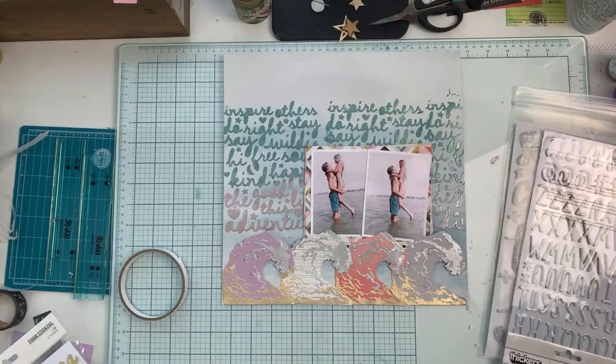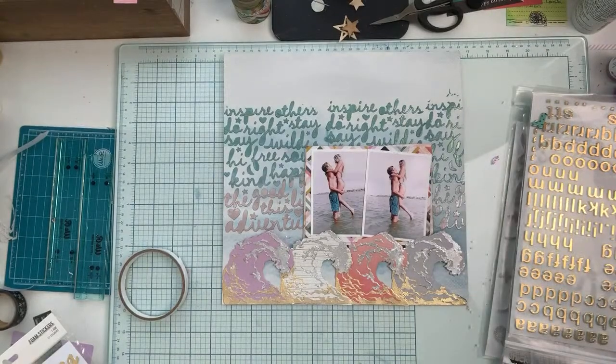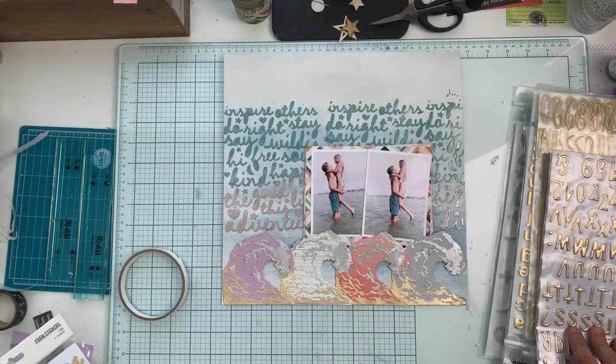Oh, yes, this comes with holographics thickers. Let me get out a few options and then y'all can help me. Because obviously I need it. Silver. I'm looking for my little gold. There's minis. There's those gold ones and these gold ones. Okay. What time is it there? Okay. So let's do